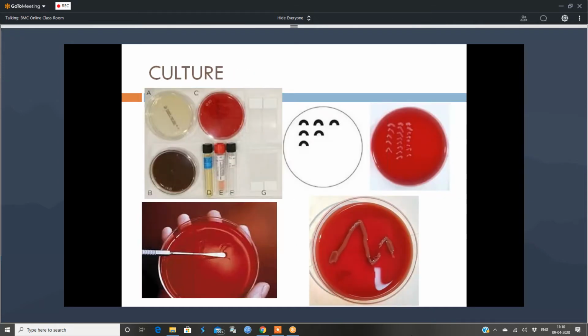Next is the rest of the material. What we do is we subject it for culture sensitivity. Do you remember what the different media we use for culture sensitivity are? The most common media for culturing bacteria is, anyone? Blood agar, very good. The picture I have shown here is of blood agar, and on the top left you can see whitish material, that is Sabouraud's dextrose agar, that is specific for fungal growth. The one below named B is what? Chocolate agar. Yes, chocolate agar is specific for?